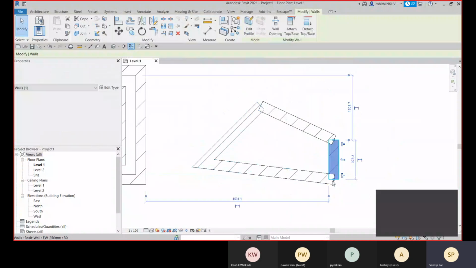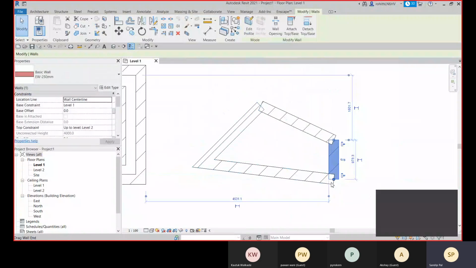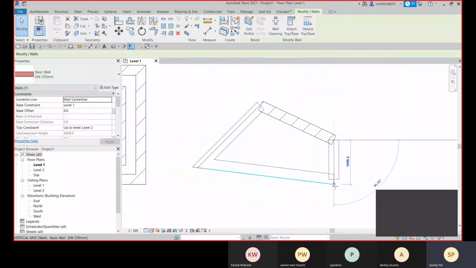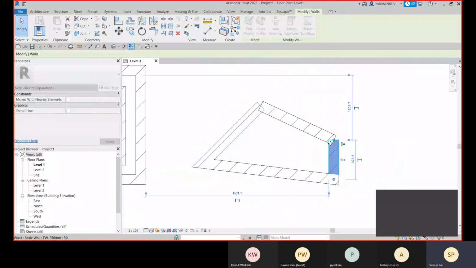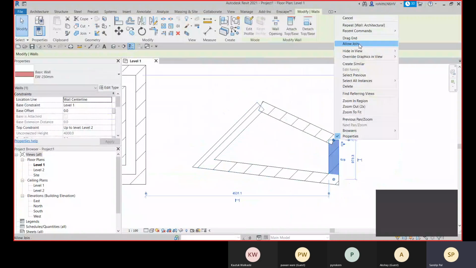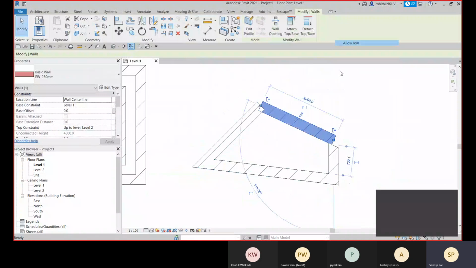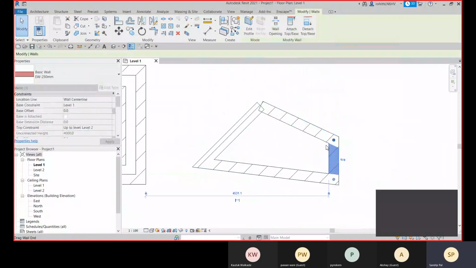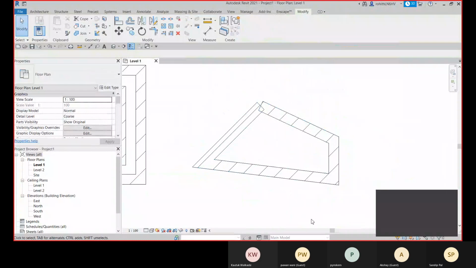To this side also allow this join, and drag it till this end. Allow this join. Click on this, again go for allow join, and drag it till this end.